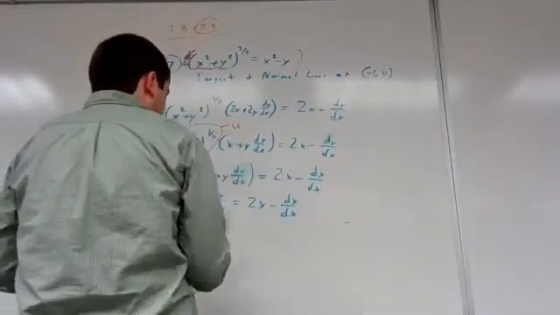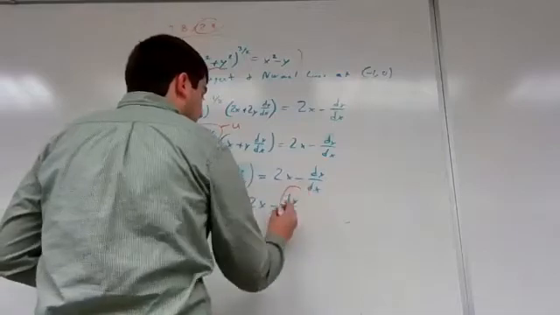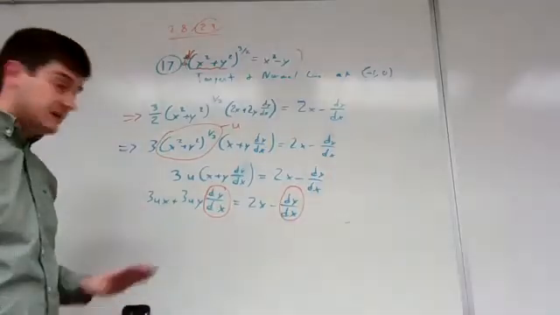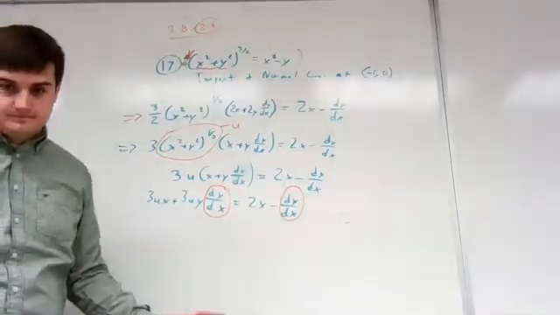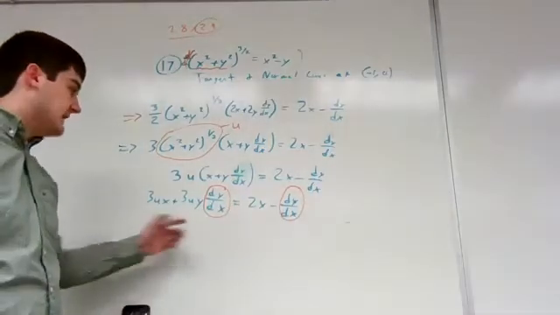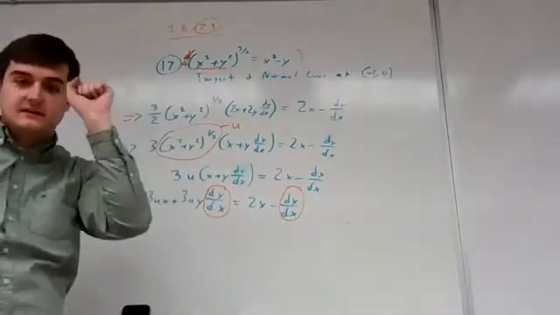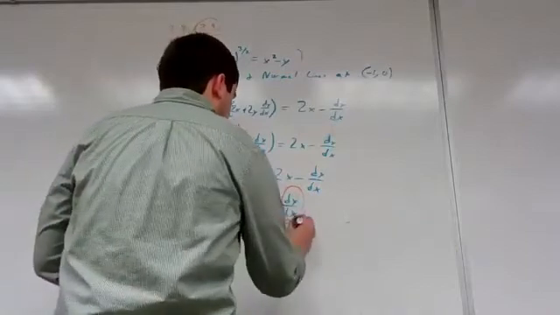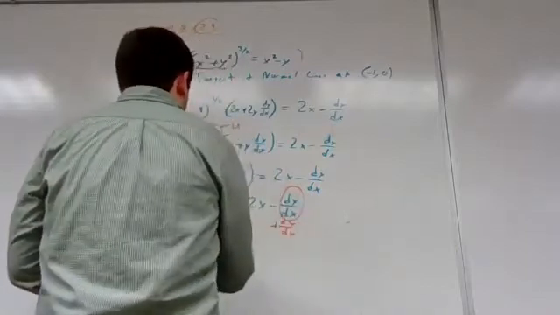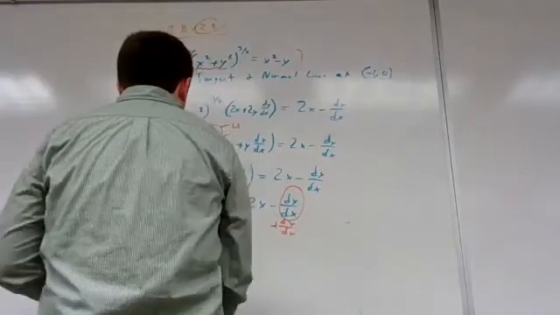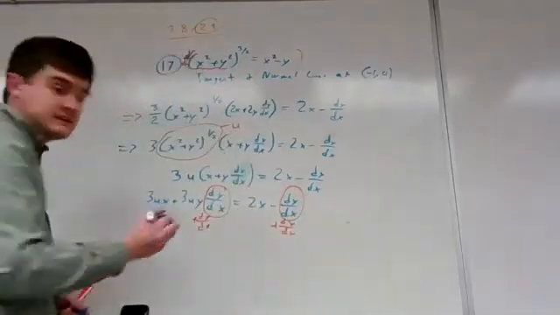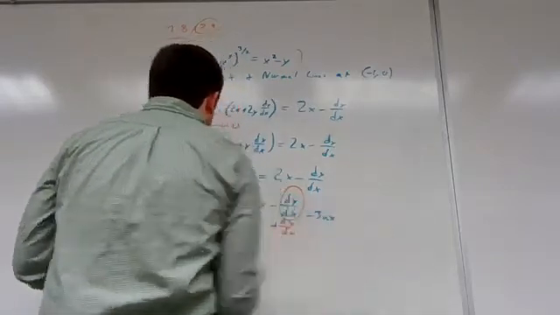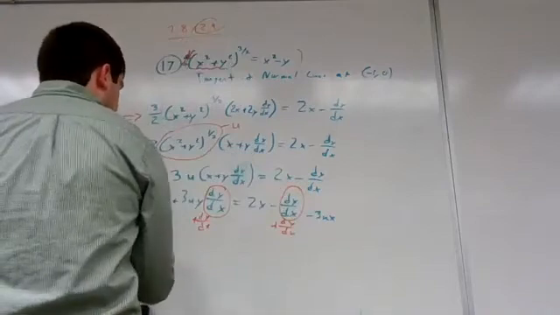Okay, so again, this is what I want to solve for. So I need to get all of its terms on the same side. And I need to get everything that doesn't have a dy over dx in it all on the opposite side. So I'm going to take this dy over dx and add it over. Good. And we're going to get rid of this 3ux. Awesome. So that's going to give us